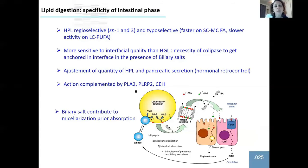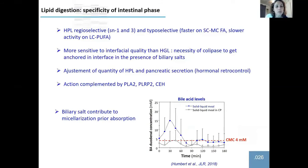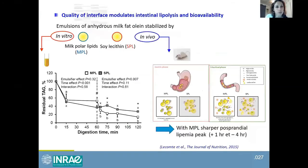So the action of human pancreatic lipase is also highly dependent on the amount of biliary salts present to solubilize the products of human pancreatic lipolysis. And biliary salt secretion will get higher after a meal, reaching levels of around 15 millimolar, so well above the critical micellar concentration, which helps them solubilize lipolysis products. So in terms of in vitro and in vivo correlation, using the COST INFOGEST static model, we could compare the lipolysis behavior and triggered lipemia